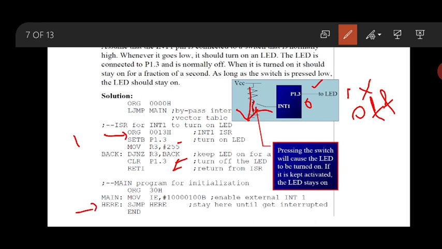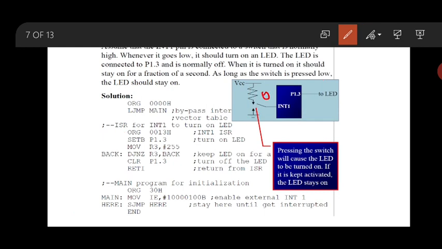How long? Now assume that the interrupt has not occurred. What signal do you get here? If no interrupt has occurred, 0 will appear. 0 appearing means there is no interrupt. So on P1.0, if there is no interrupt, it won't go to the location. Which location? 0013.